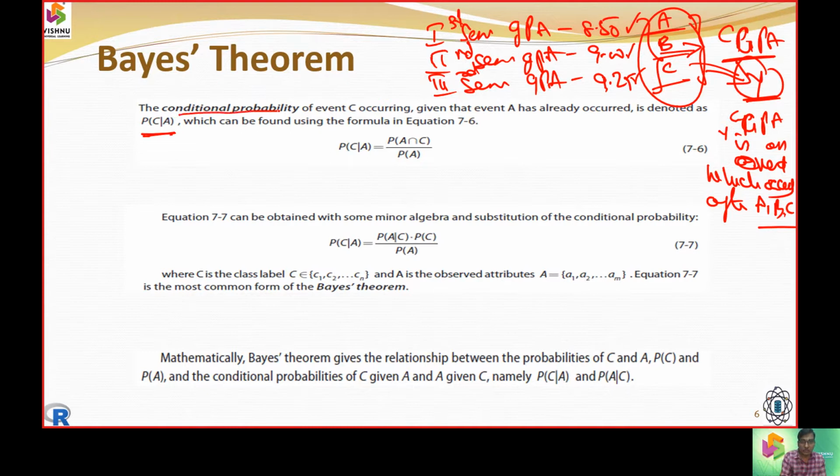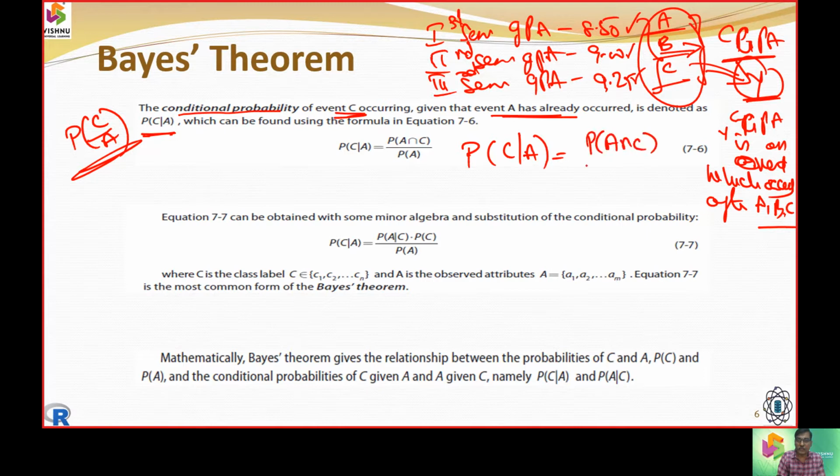Now coming to conditional probability, I look into an event C to occur, but for C to occur, A has already occurred. So that is going to be determined. The probability we give will be the chance of C given A. So we write the probability of C given A, that is, C will happen if A happens, as the occurrence of both A and C divided by the occurrence of A.